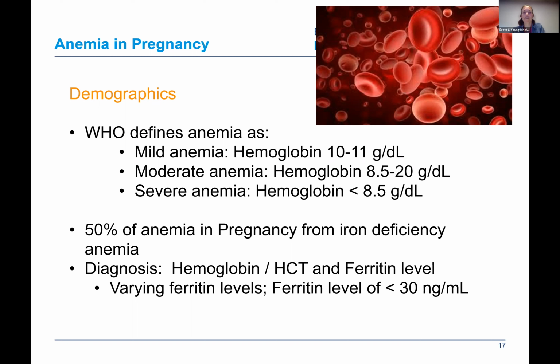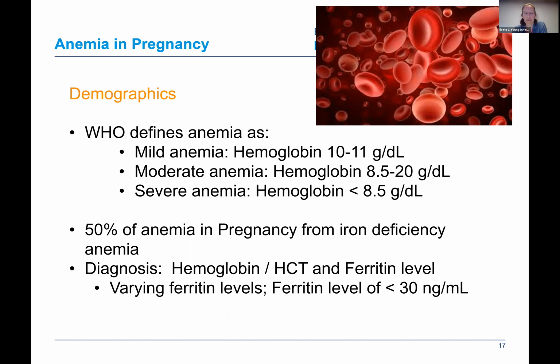So the WHO defines anemia in pregnancy as mild anemia with a hemoglobin of 10 to 11 grams per deciliter, moderate anemia, 8.5 to 10, sorry about that typo there, 8.5 to 10, and severe anemia with a hemoglobin of less than 8.5. We know that in pregnancy, about 50% of anemia in pregnancy is actually secondary to iron deficiency anemia. And the diagnosis